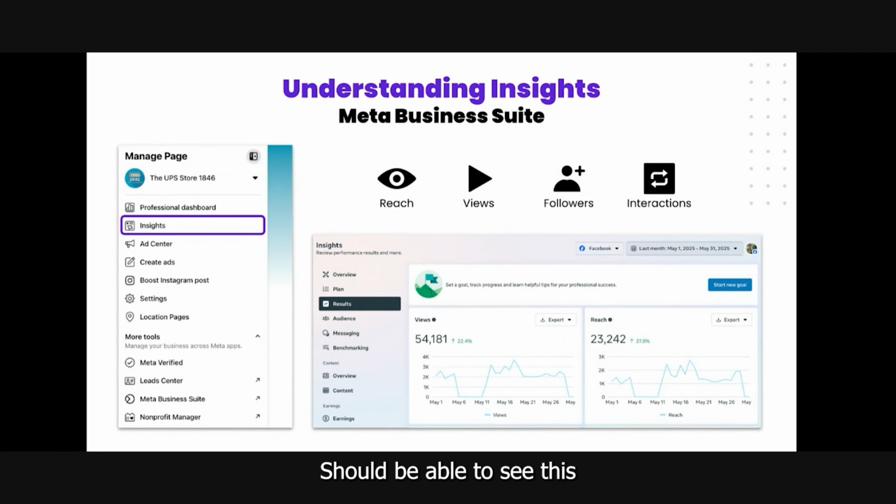So the first one, the Meta Business Suite, is the most complete one, and everyone should be able to see this because it has a lot of important data that you're able to use to make informed decisions. If you are an admin of your page, you're going to be able to see the menu on the left. And when you access your page, you will be able to see the Insights button. And when you click on it, you're going to be